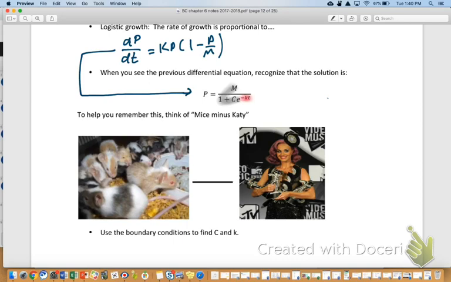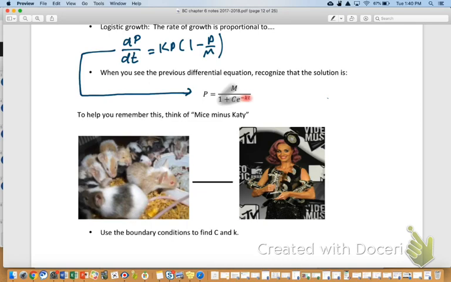That was creative. I got this from an old one that was like "lice minus licked." It involved lice, which is gross. And then there was a big picture of a cow with this nasty old tongue sticking out, licked. You know, they used the letter L for the carrying capacity. Anyways, I like mice minus Katie. Far more pleasant than lice and cow tongues. So, anyways, I guess depending on your opinion of Katy Perry,